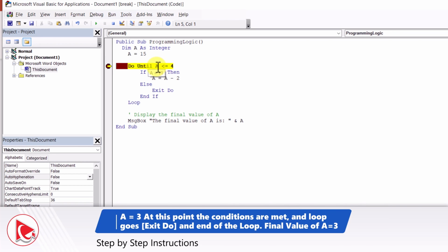Value of A is 13. Value of A is 11. 9. 7. 5. 3. This is the last iteration. Here we're going to do it step by step. Because 4 is greater than 3, we're still going to enter. Because 4 is greater than 3, we're going to meet the do until condition, and we're not gonna enter inside